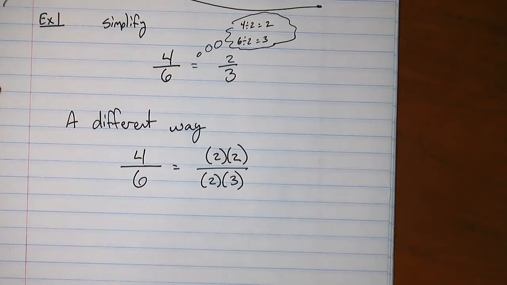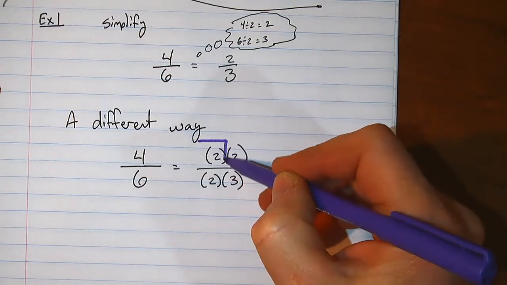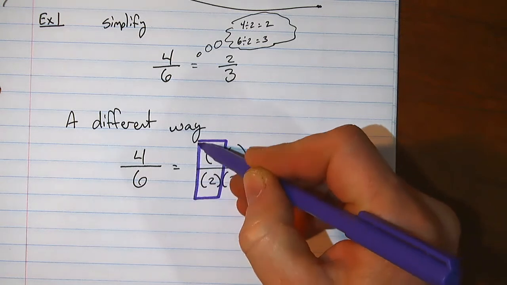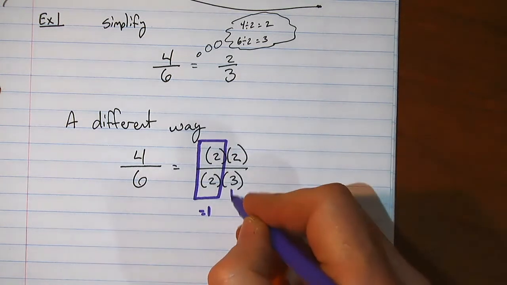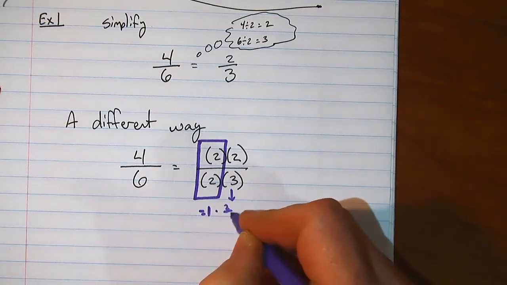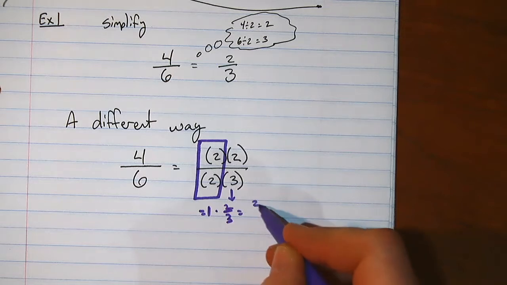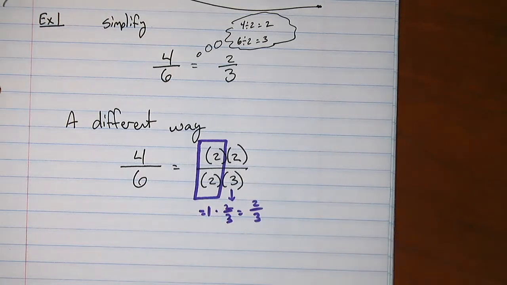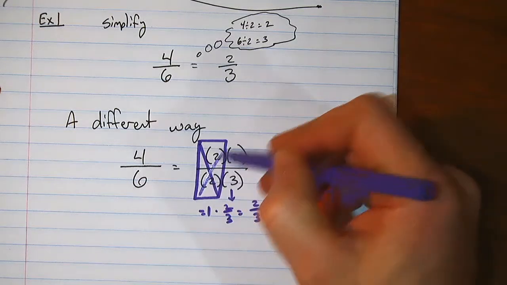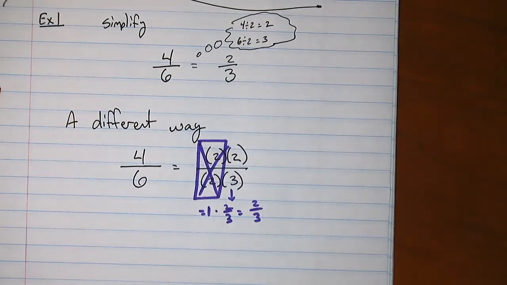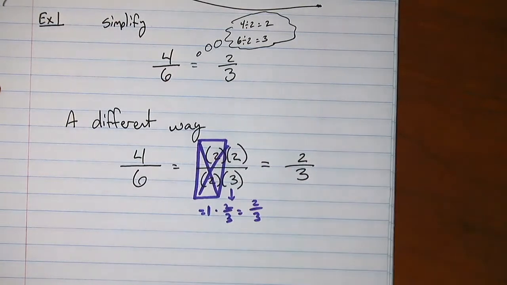Now, the reason why that's helpful, you might recognize, it's because we know that anything divided by itself just equals 1. And when you multiply something times 1, the 1 doesn't do anything. You just get that something is what you get. In other words, the 2 over 2, it just cancels out. It's like it's not even there. And what you end up with as a final answer is the 2 over 3 that's left,